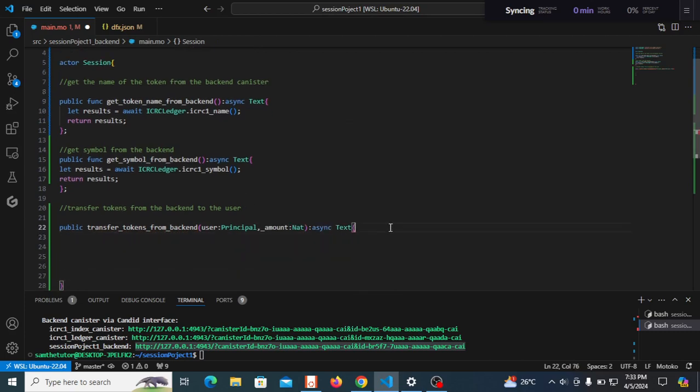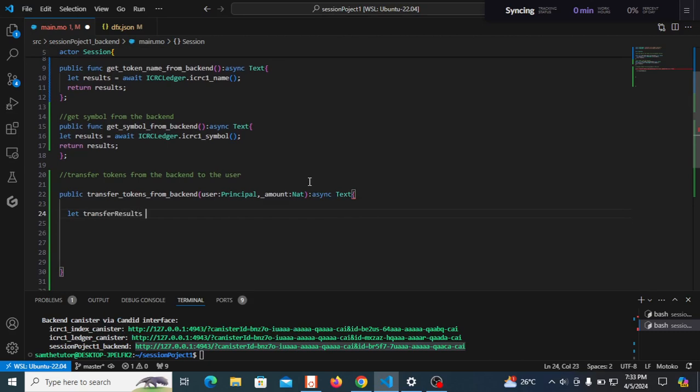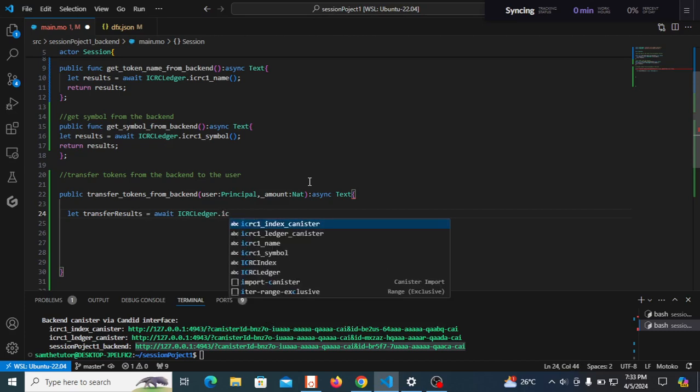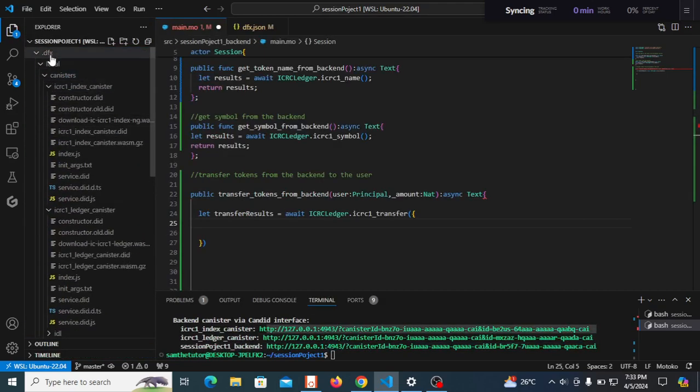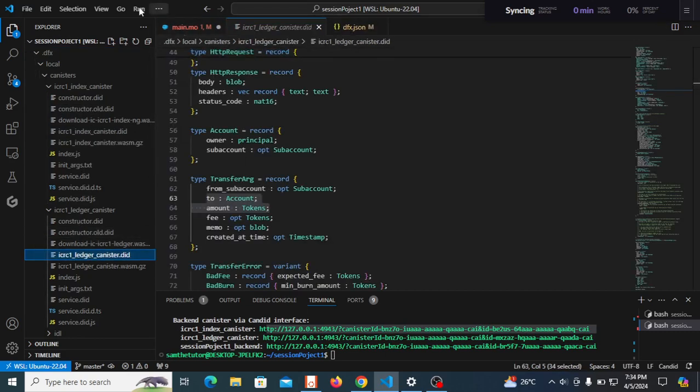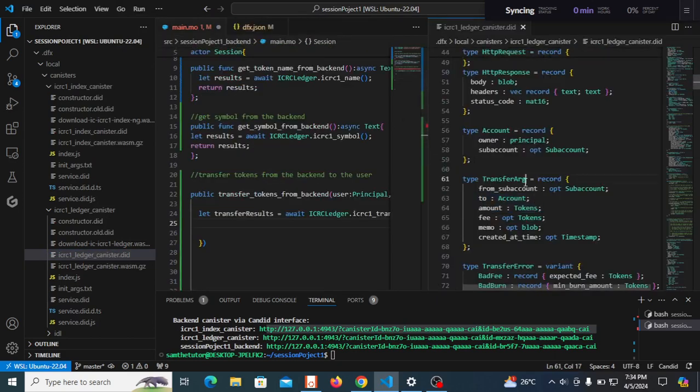And then in here we can do the same. Let transfer results equal to await ICRC ledger dot ICRC1 transfer. So it takes in an object, and if I can show you what that object contains, let's go here, and then all you have to do is click on DFX, then local, then canisters, then we look for the ICRC ledger canister, which is here. We check its did file. So I will just open it in another column, just put this here for the sake of